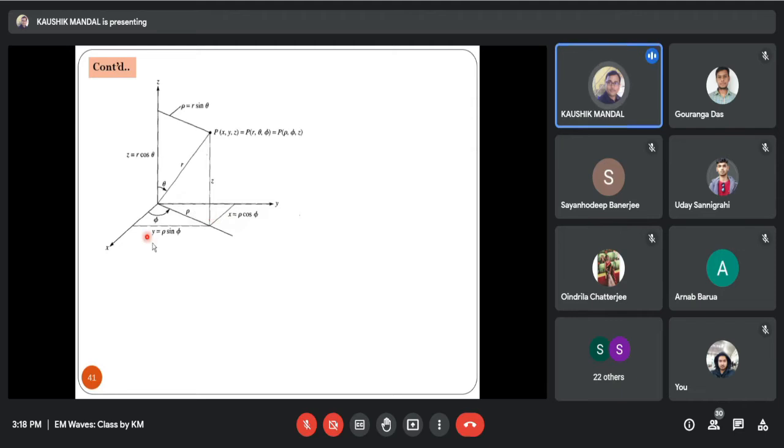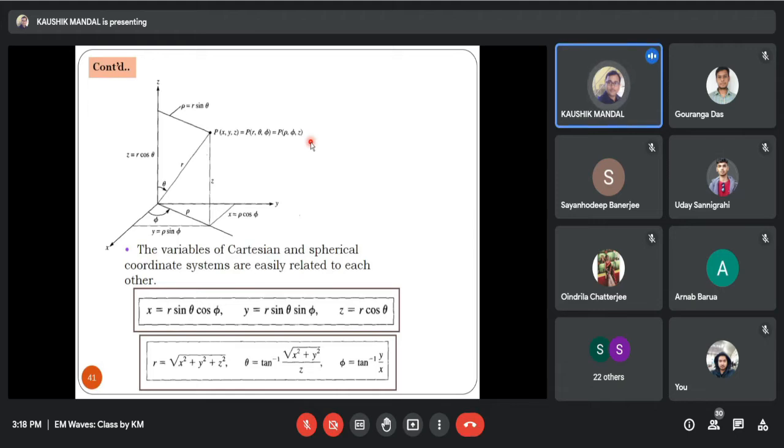Similarly, from this particular pictorial representation, you can write y equal to rho sin phi. Now rho, we have already found out from this figure, rho equal to r sin theta. So y becomes r sin theta into sin phi. So from this generalized figure, you can easily write down the relation between xyz and r theta phi, and rho phi z. Now, as we have already discussed the transition from Cartesian to cylindrical, in this case we are going to discuss only the transition from Cartesian to spherical coordinate system.